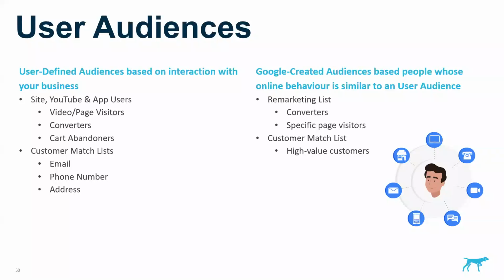So a similar audience is when you've uploaded, say, your customer match lists, you've taken your highest value customers, your top 10%, and there's more than 1,000 of them. And Google says, okay, here's all the ones we've matched, here's how they act on the internet, and here's a list of people who act very similarly. So this is very useful in your targeting. You're targeting a lot wider while trying to retain relevance, not necessarily through factors that you may understand, but using Google's machine learning to see who acts similarly to your existing customers.